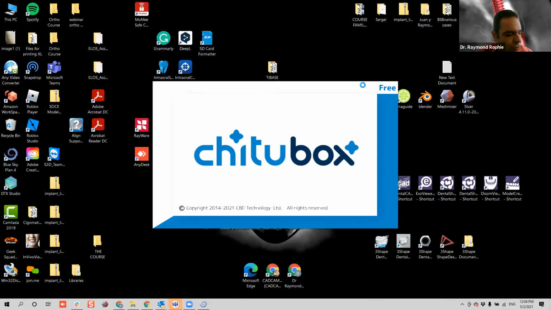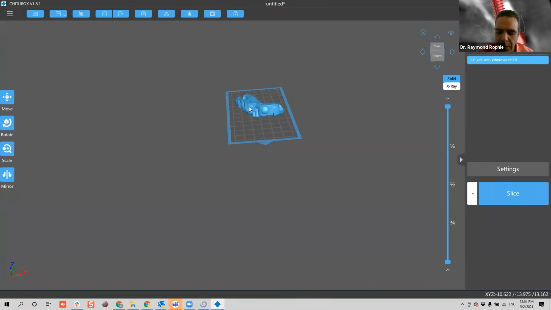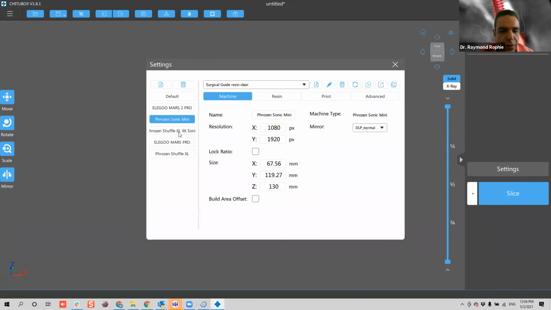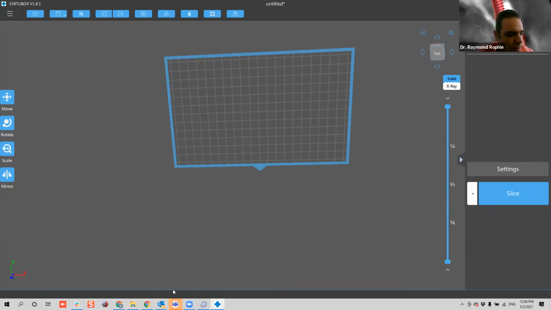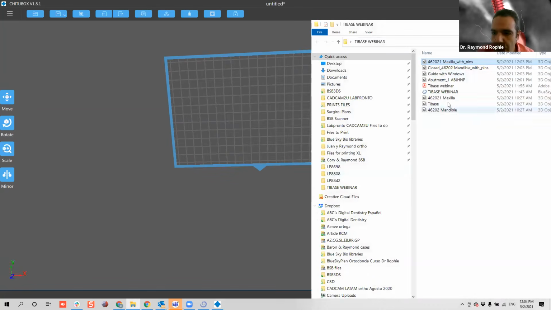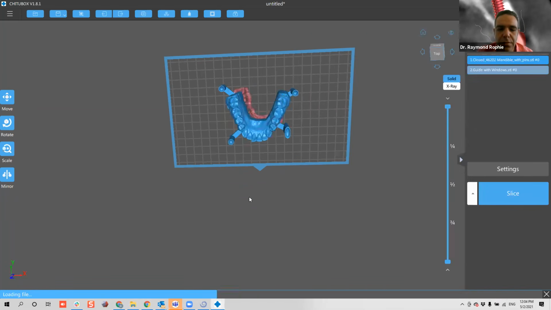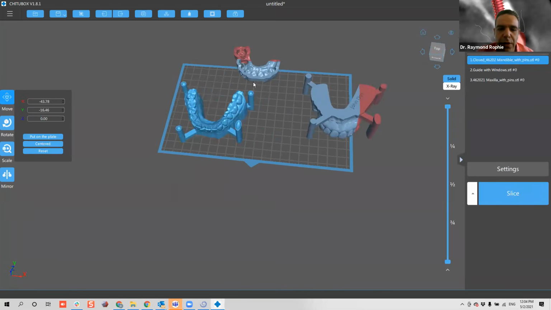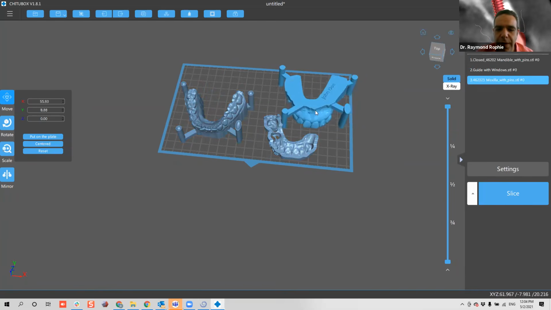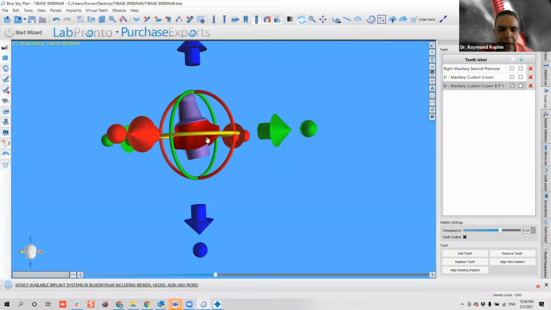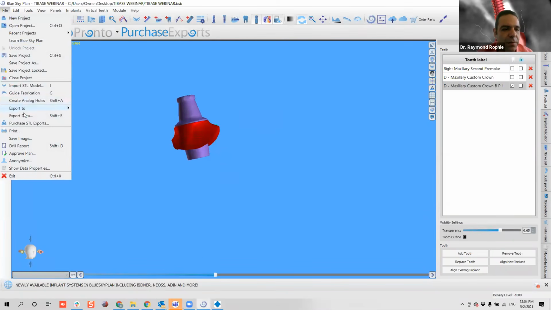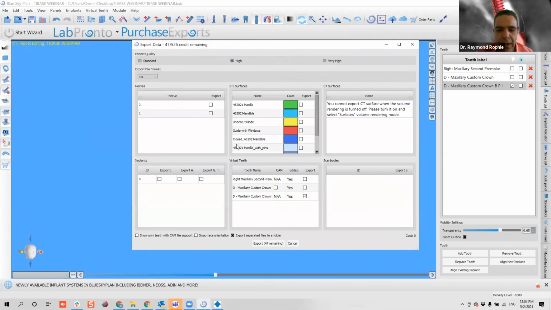I'm going to use the slicer just to position it. Okay. So here I'll use the frozen shuffle Excel. And let's see what we have here. So far we have the mandibular model, the surgical guide, and the maxillary model, right? Good. So let's now go back to Blue Sky Plan, and let's go to File, Export Data, and let's just